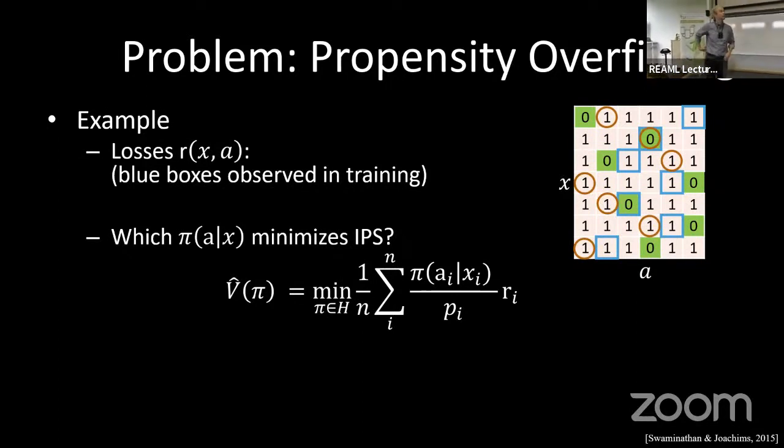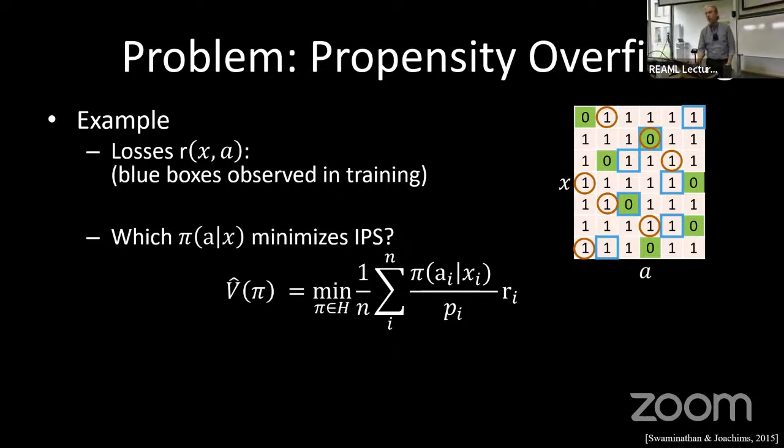Can you elaborate again what the propensity is representing here? That would be the probability that this action was chosen under the logging policy. I haven't actually specified what it is here, but maybe the logging policy just uniformly picked things or whatever it is, right? But whatever the propensities are, just avoiding the data actually gets you the best possible training performance that you could get in terms of this estimator, which is clearly not what we want, right? We don't want to avoid all of the data.